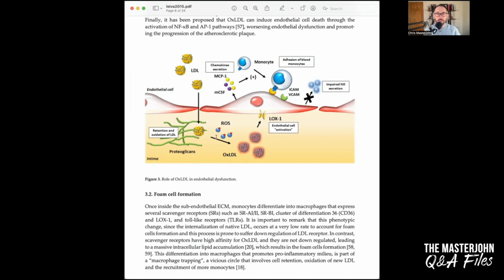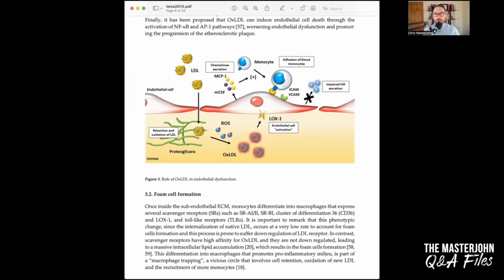Now, there are reactive oxygen species that can oxidize any LDL particle that's in here. And of course, LDL particles can also oxidize in the blood. So they don't have to get caught on the proteoglycans to oxidize, but if they do, they will spend a longer period of time in the subendothelial space, thus a longer period of time exposed to the reactive oxygen species, and thus they will be more likely to exceed the threshold of their own antioxidant protection.